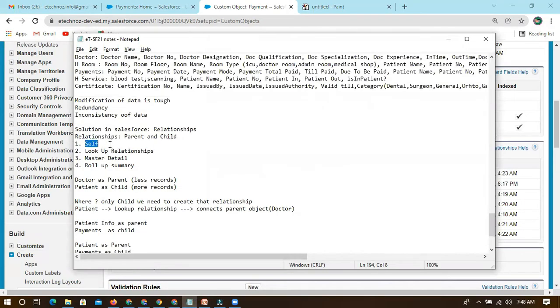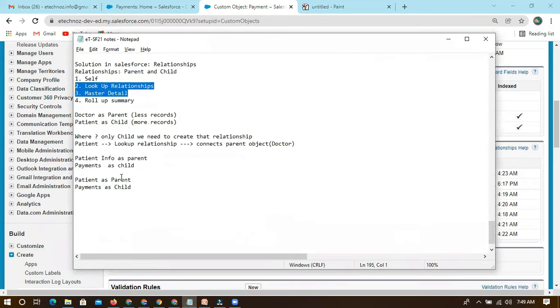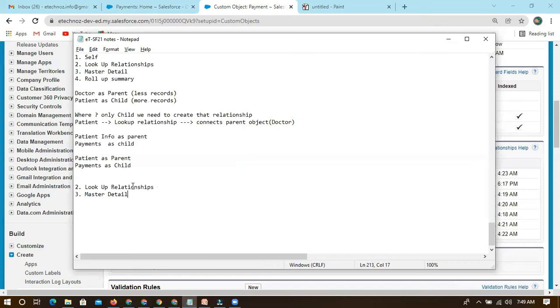But if you are connecting two different objects, that is either lookup or master detail. So we need to understand these two relationships mostly, this lookup and master detail relationships and their limits also.